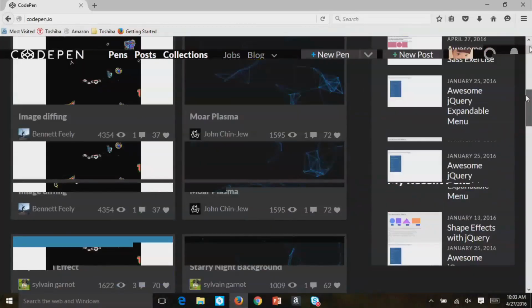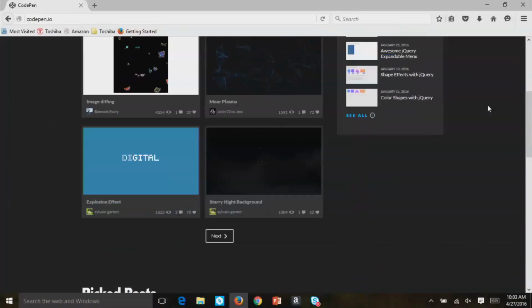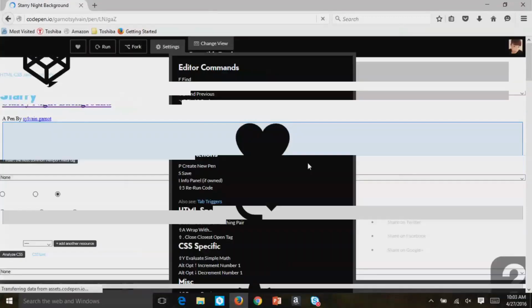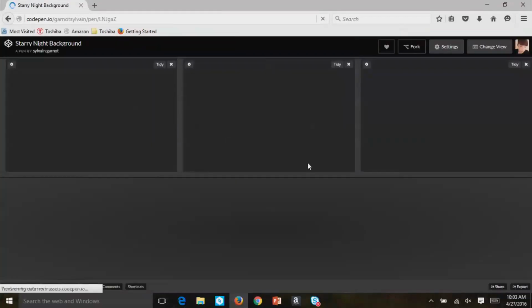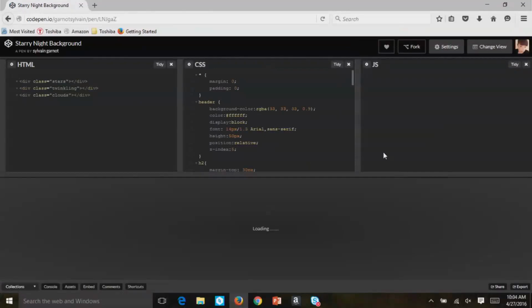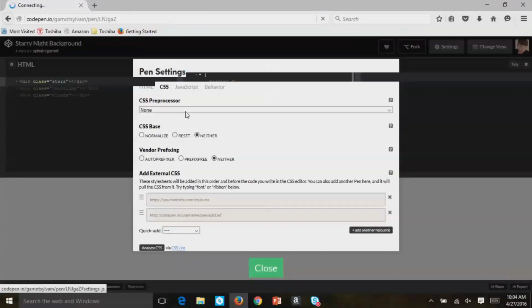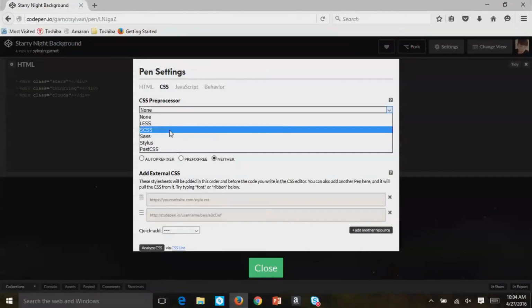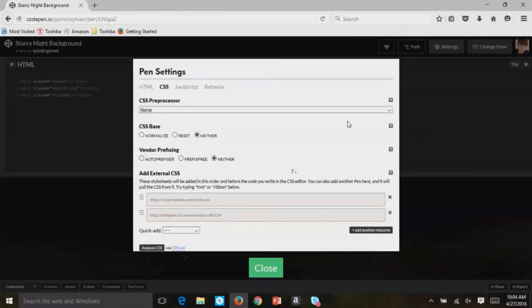So, check out Starry Night. You can check out the settings in the CSS and see what they use, but they're not using a CSS processor, though they could.